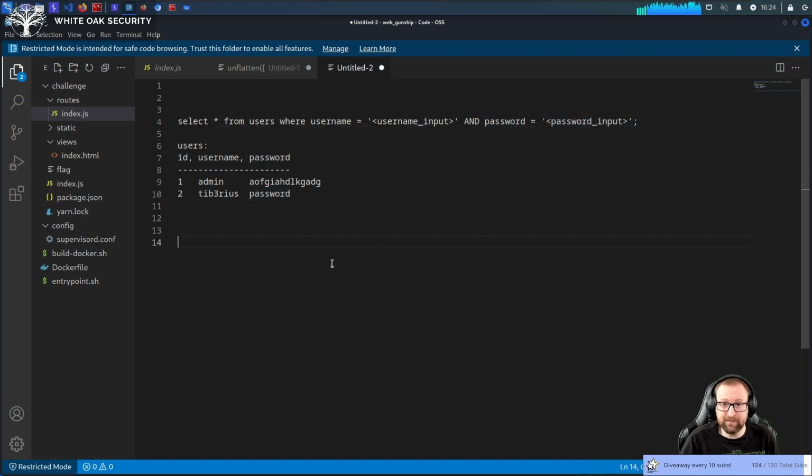So if we give it the username input admin, right, and the password input of this, select all from users where the username equals this and the password equals this. Well, that only is one row. Okay, so this is how logins used to work. It's very rare to find something like this anymore, but